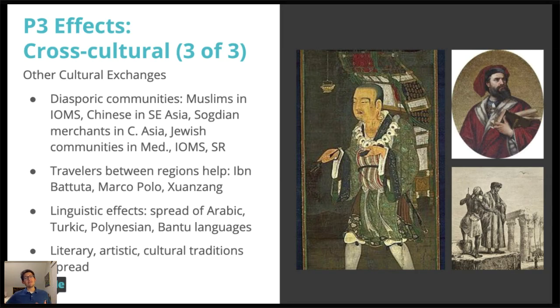Jewish communities, especially in the Mediterranean, are very important, vitally important for the development of cartography technology, especially. But there are also Jewish communities, diasporic communities throughout the Indian Ocean maritime system, even along the Silk Roads, certainly in Eastern Europe, right? Especially if we kind of think about the massacre of Jewish communities by crusaders, right?